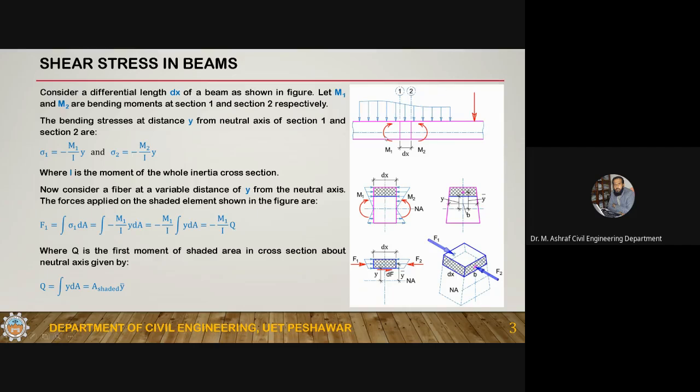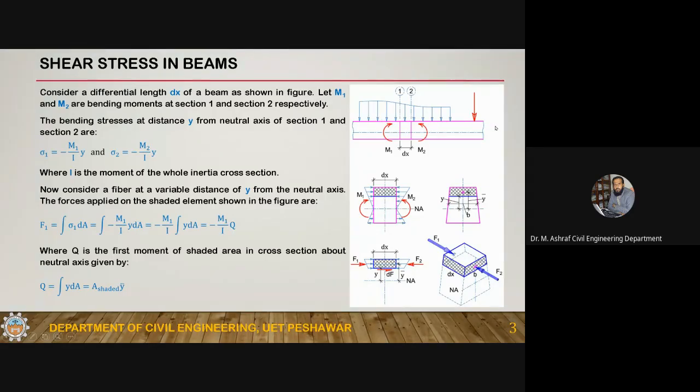Okay. And there are two sections on the beam, section 1 and section 2, which are dx distance apart, differential distance apart, meaning that they are very close to each other. This dx approaches 0. Okay, so they are very close to each other. So this is for clarity. I've shown its length like a finite length. Okay, so this is a differential length of the beam,